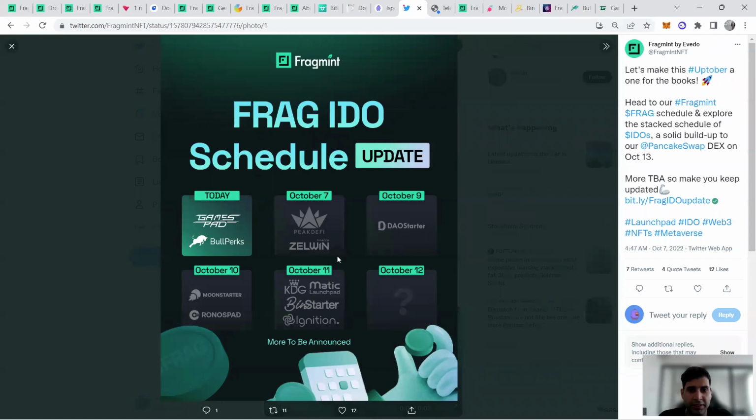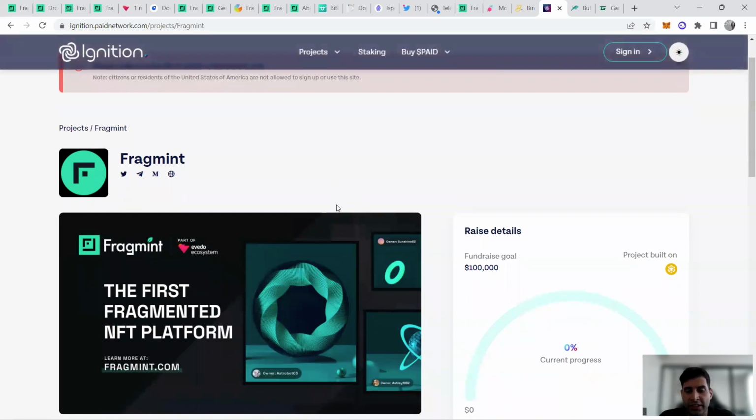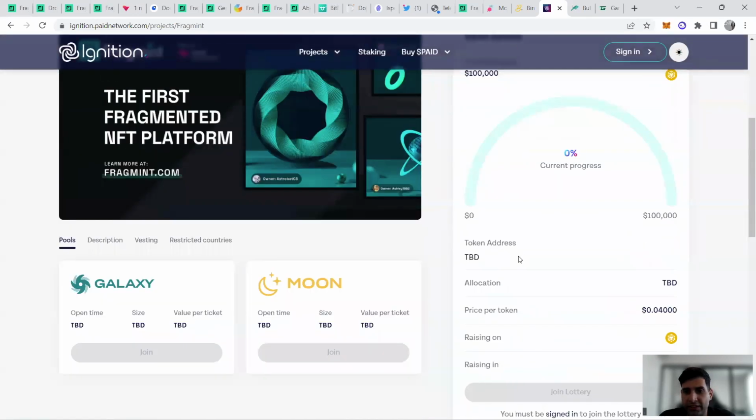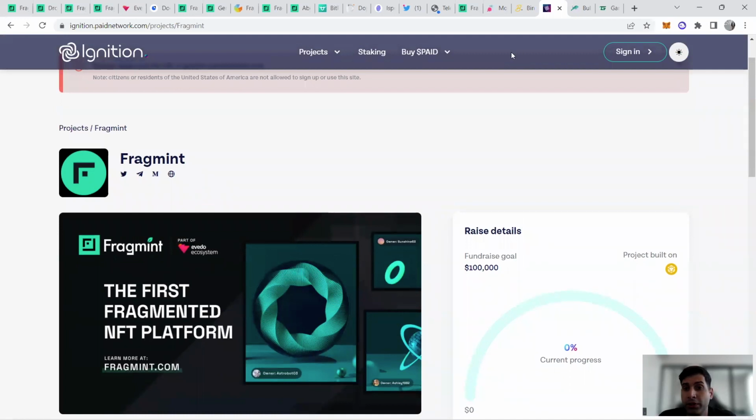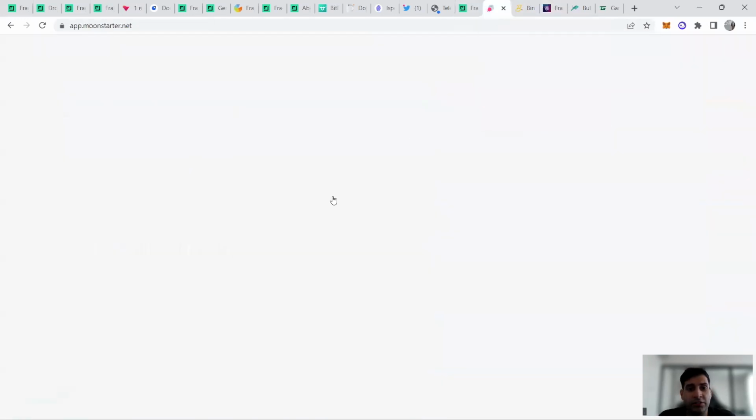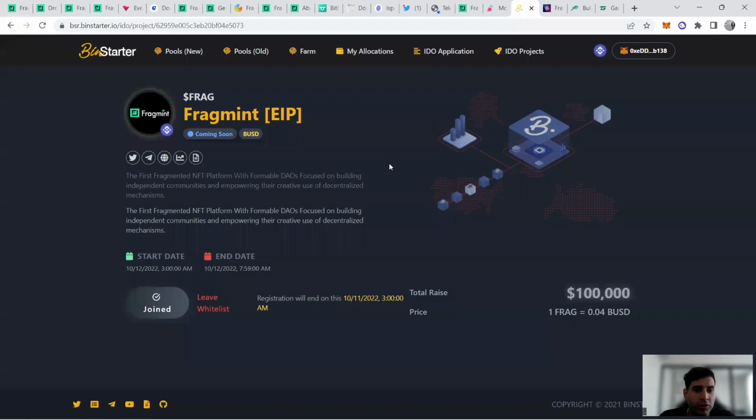They're then on Zelvin and Peak DeFi. DAO started on the 9th. Moonstarter already sold out, so I don't know if they're selling again. Chronospad on the 10th. The main sale is going to be on the 11th on Matic Launchpad, KDG, Binstarter, and Paid Ignition. So Paid Ignition is going to be a raise on the 11th, and they're going to raise around $100,000 worth of token. And they've already finished raising on Moonstarter. And the main one I want to highlight for you is they're going to be selling $100,000 worth of tokens of Fragmint